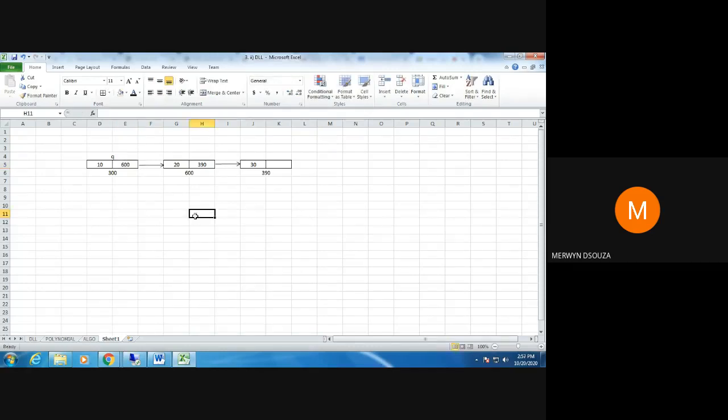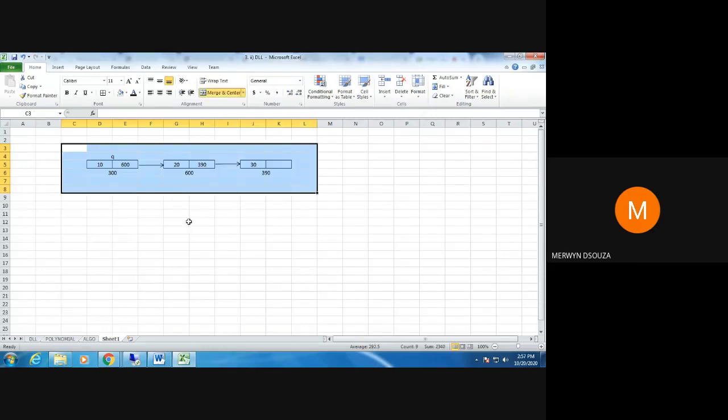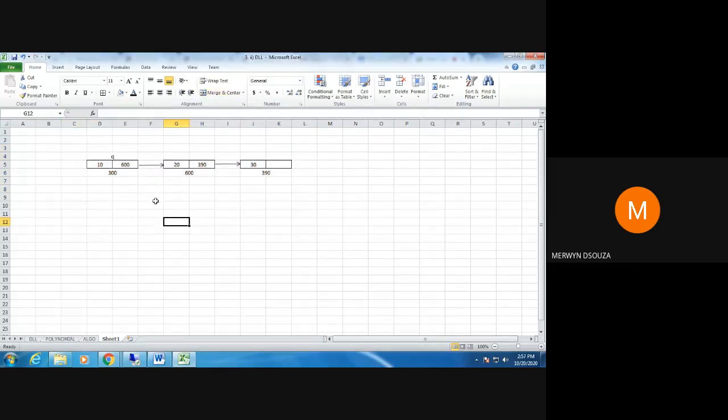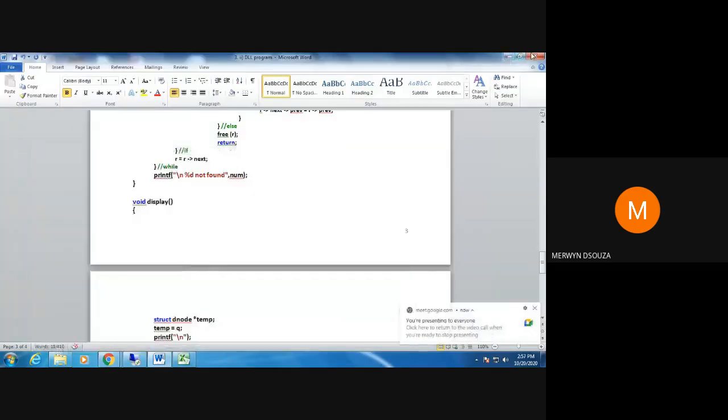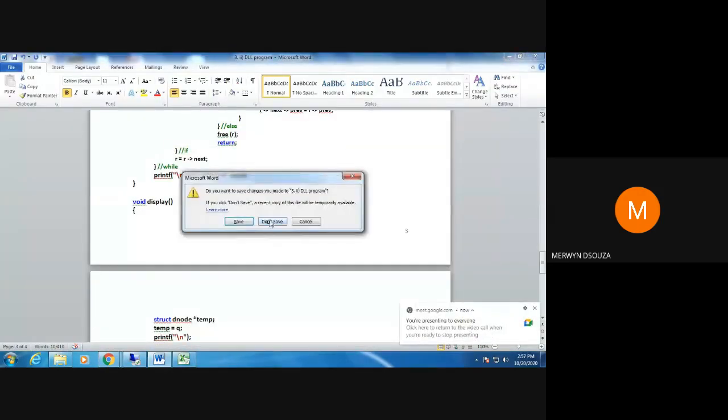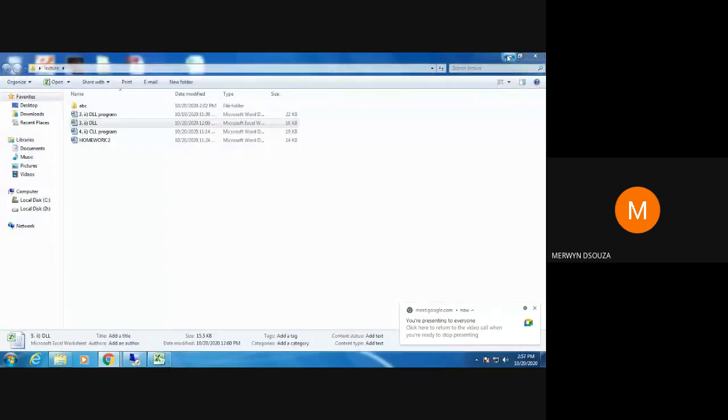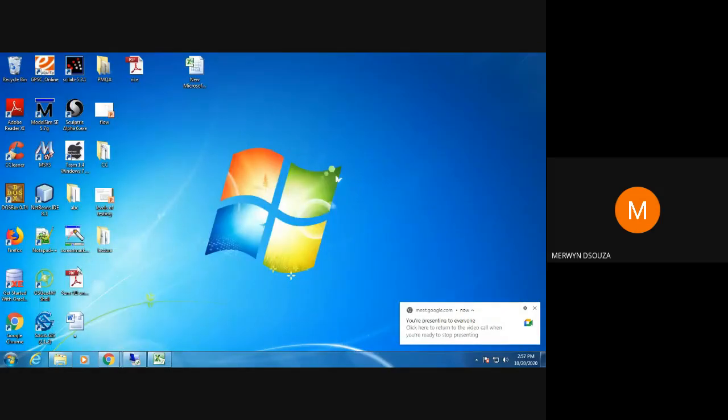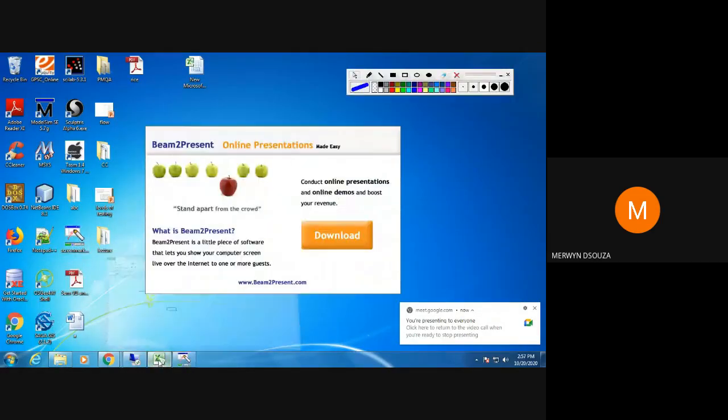Now, the only difference between both these types of list will be between a singly linked list and a circular linked list. In a singly linked list, you cannot go backwards. But whereas in a circular linked list, you can go backwards. So how you can go backwards is like this.